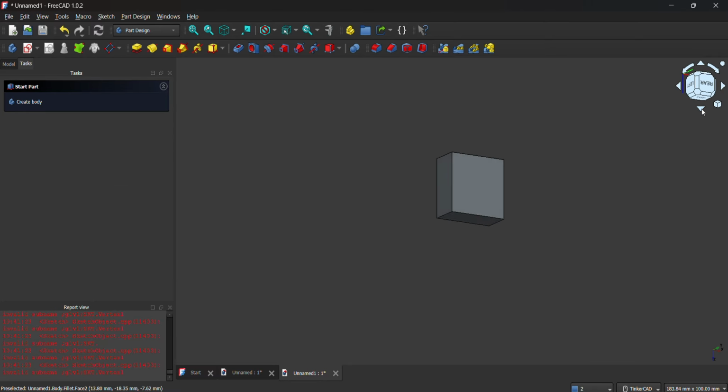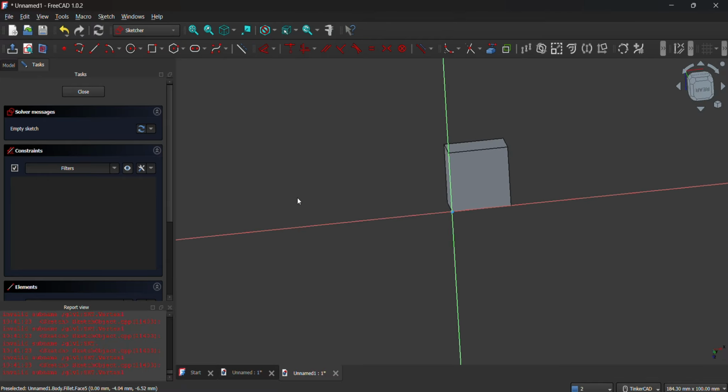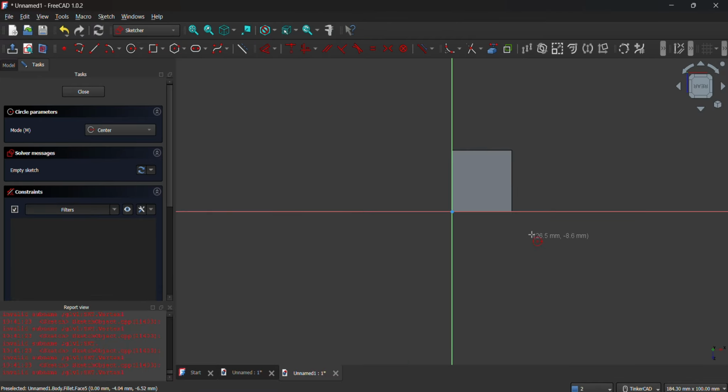Look at this. This looks more like a Lego now. But observe that there must be a hole here. If you're playing Lego, there must be a hole, and there is a cylinder here where you can insert the cylinder above. So let's draw something here because it must be a square. There must be a square hole or a pocket here. Click the surface and then create a sketch. Now we can create a sketch here, a hole.